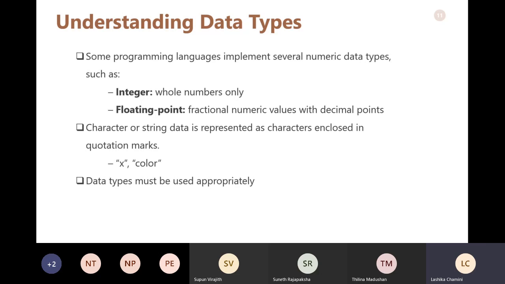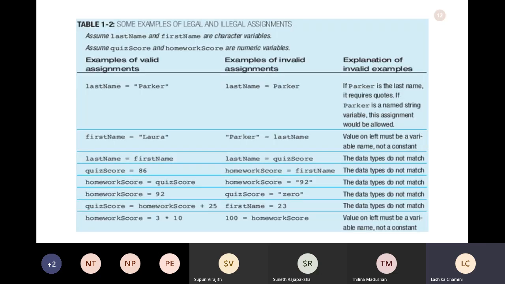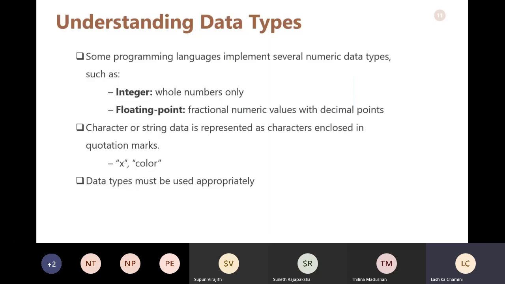So we'll see. Here you can see, at first we'll assume last name and first name are character variables. That means